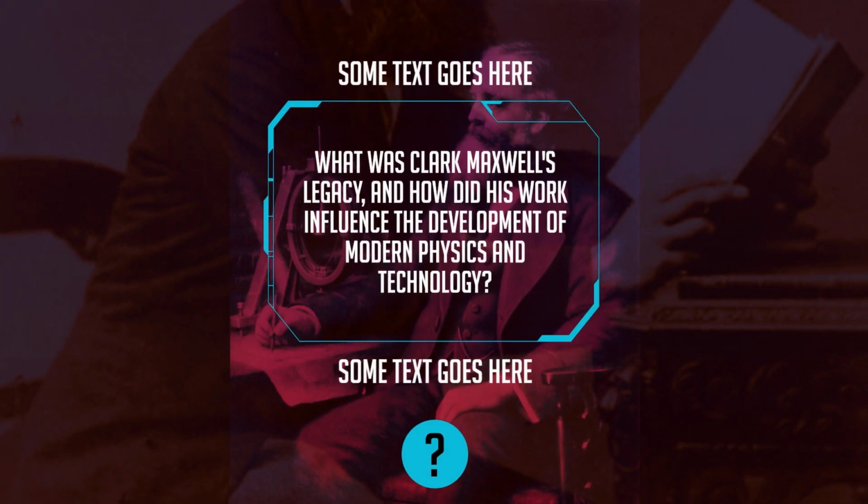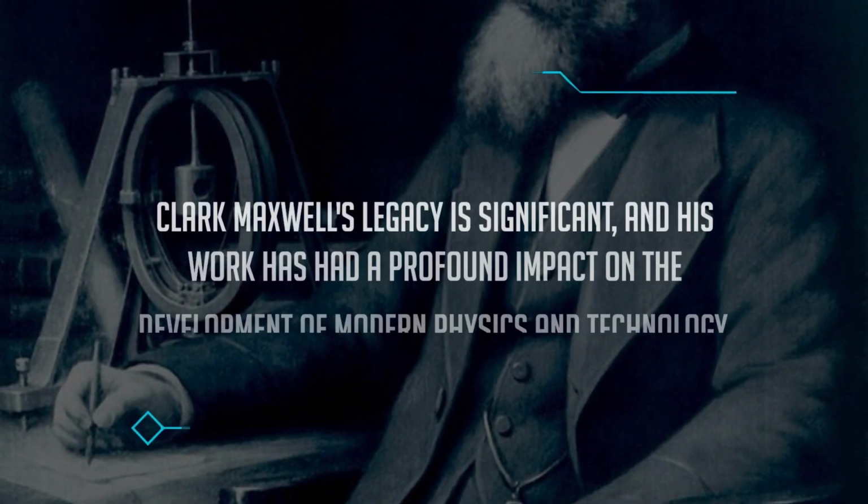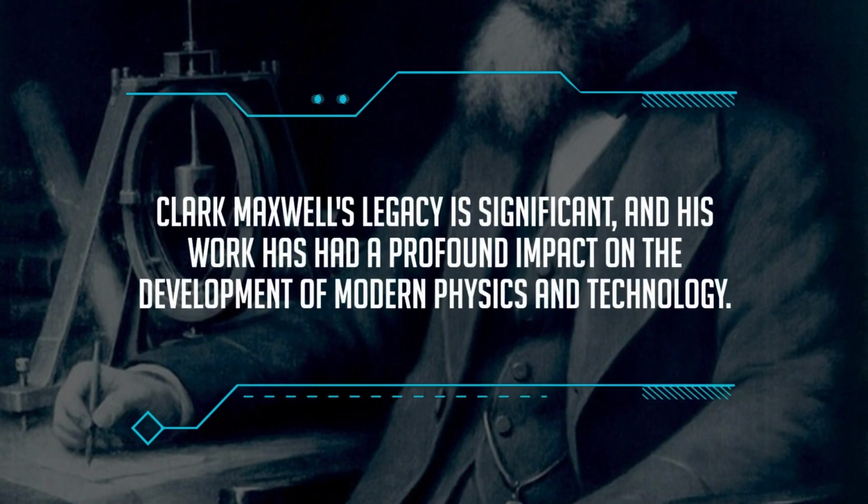What was Clerk Maxwell's legacy, and how did his work influence the development of modern physics and technology? Clerk Maxwell's legacy is significant, and his work has had a profound impact on the